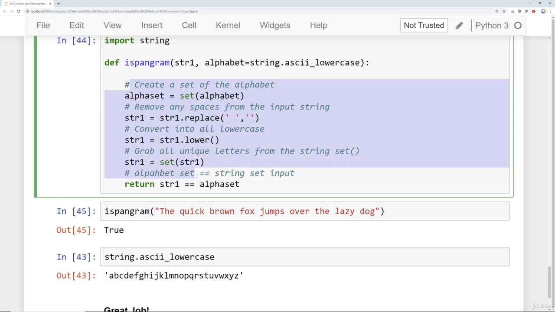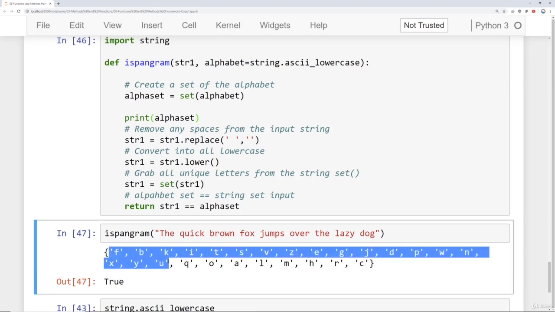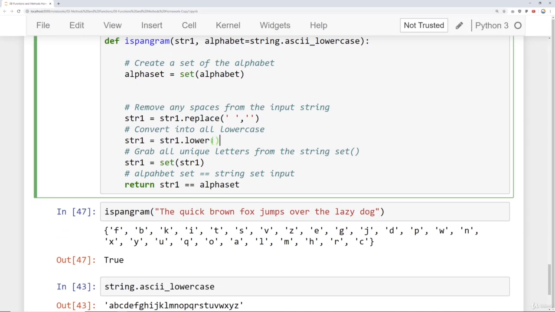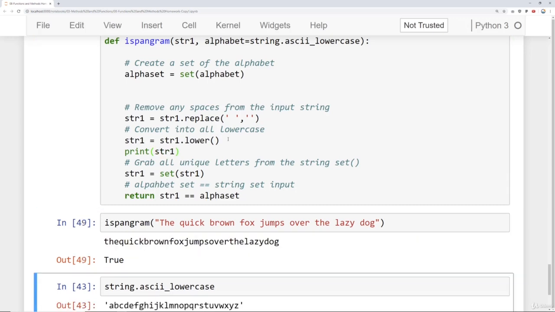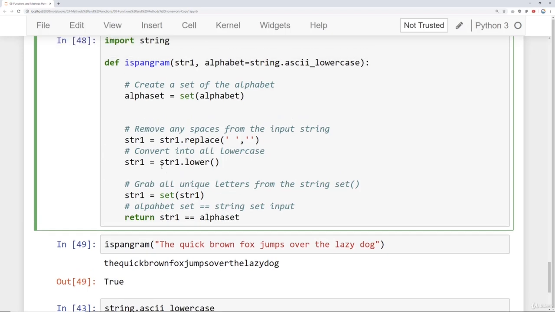And if any of these steps happens to confuse you, a really nice way to visualize things is with print statements. So if you maybe aren't clear what alpha set is, you can simply print it out when you call the function, and when you run this, you'll get to see that entire alpha set along with what is being returned. So you can use that at any point in time. So let's say you're confused what step you're at right after this, you'll simply say print str1, and this is a really great way to learn as a beginner. So now we can see at this point in time, everything's lowercase and there are no more spaces. So I highly encourage you as you're learning to use those sort of print statements to help you debug or understand what's going on